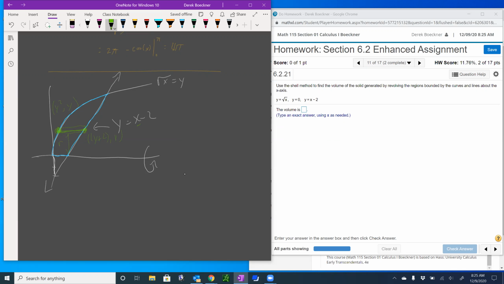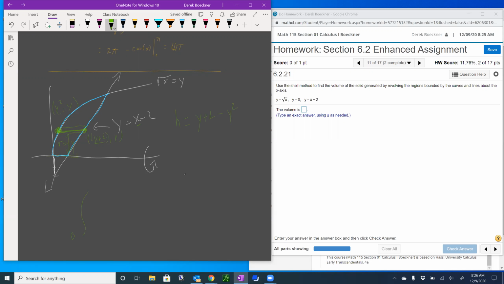My radius is y, because how far away from the x-axis is just the y value. And then the height is going to be this x value minus this x value. So that's going to be y plus 2 minus y squared. So my integral,